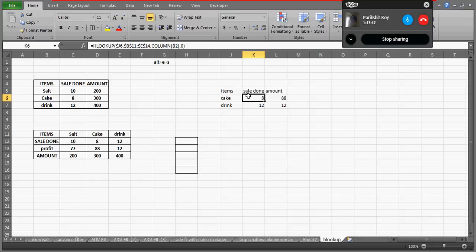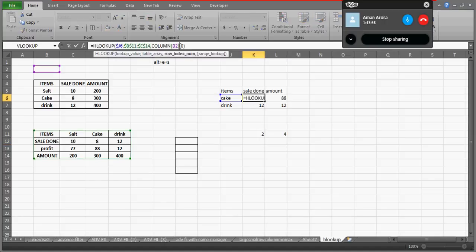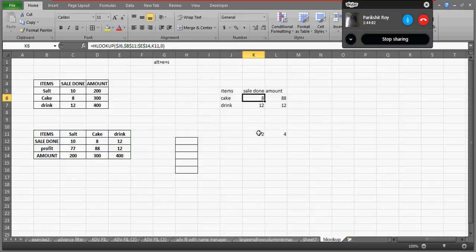You can write it manually as well, 2 and 3. The second step, you can even write it somewhere here, like row number 2 and row number 4, and then instead of putting this column B2, you can put 2 here, and now you can freeze the table with $ signs. This we have done in the VLOOKUP also. I have done this with all of you. So this is also one of the